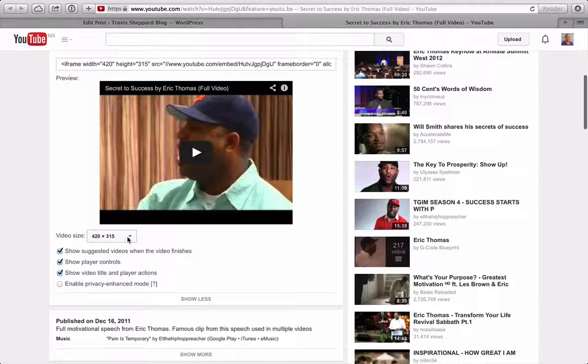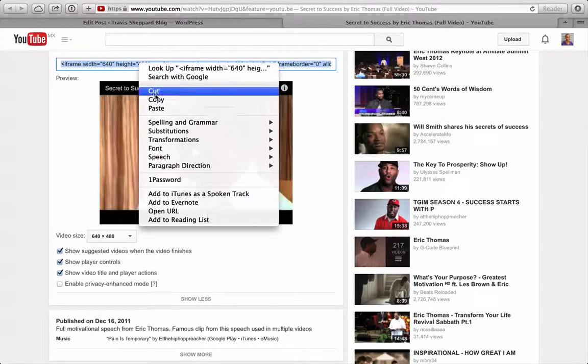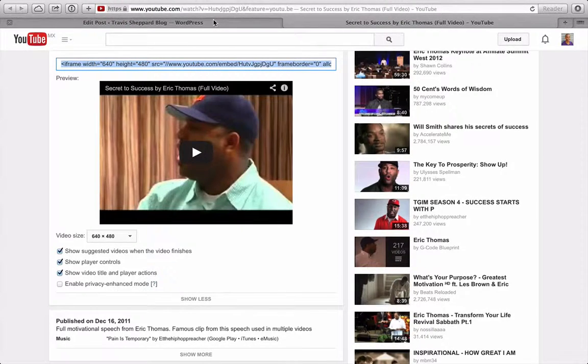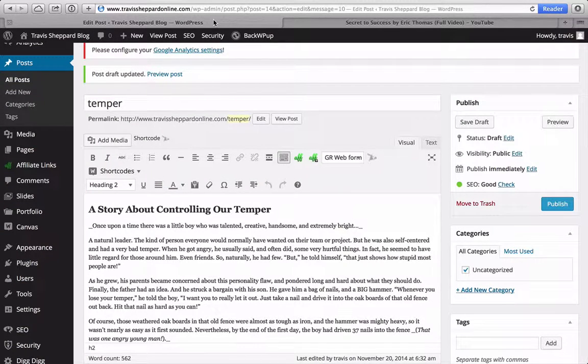So you can pick the video size. I like the 640 by 480 for my blog, but again, you can change that. You can remove the controls so it will just show the video, or remove the title. And so do whatever options you like. And once you're comfortable with that, you're going to go up to just above the preview and highlight all of this. And we're going to copy,